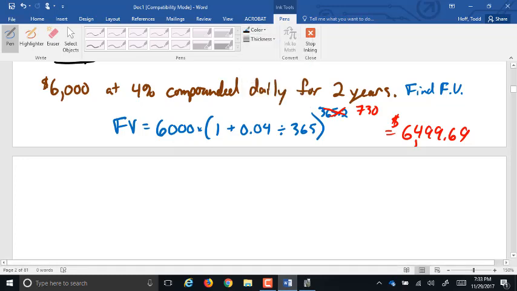No problem. We'll wait for it. Any questions on how we got that? Okay. Well, there is another handy dandy table in your book. And I say that a little sarcastic because I don't really like this table. On page 471. This table, if you look at the top, compound interest on not $1, but